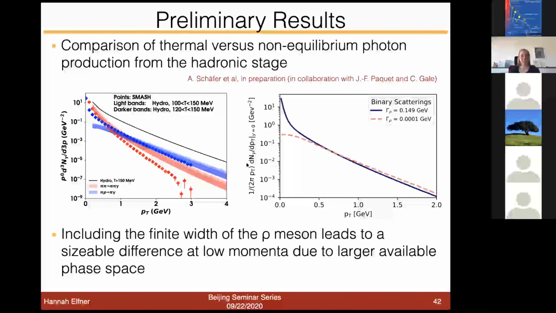that show the production. So here on the left-hand side, you see the photon spectrum from the hydro evolution in black, and then from the late stage evolution. So the light band, or these 2 bands here, are still applying the hydrodynamics down to 100 MeV in temperature. So this one band shows down to 100, and one band down to 120 MeV in temperature, if you would basically have equilibrium emission also in the hadronic stage. The symbols are depicting the calculation where you really switch to SMASH, and then also for the photon production, look at the photon production from the non-equilibrium transport.